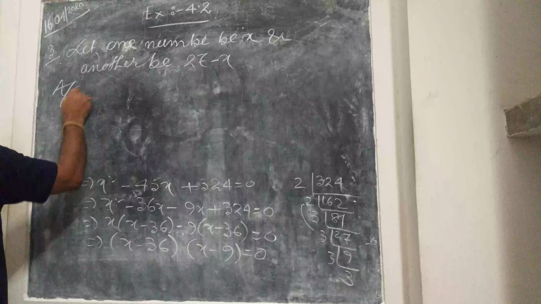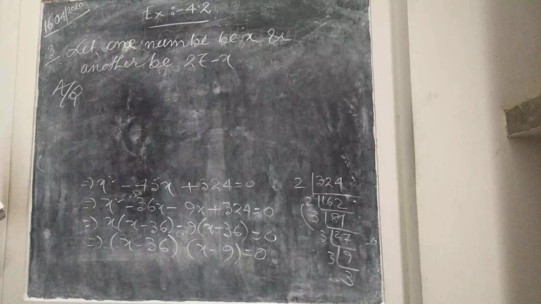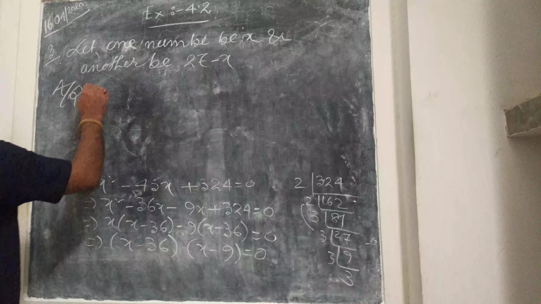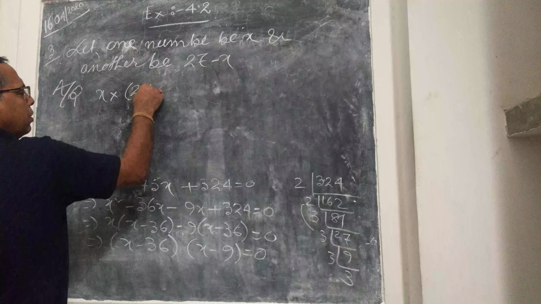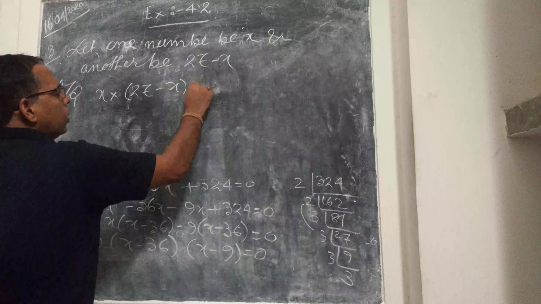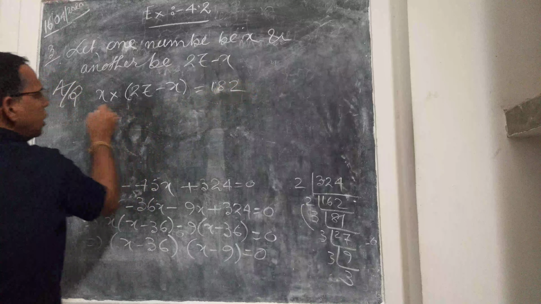According to the question, the product of the two numbers is 182. So x into 27 minus x equal to 182 implies